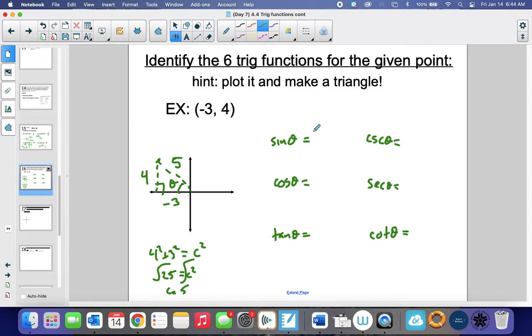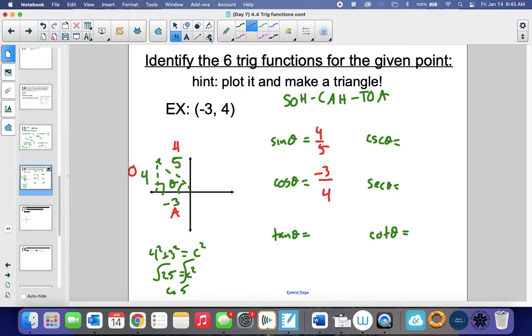So sine is going to be, so we've got to break out SOHCAHTOA. My brain is still a little bit not functioning because I'm sick. All right, sine, opposite over hypotenuse. If it helps you, remember you can label these opposite, hypotenuse, adjacent. So opposite over hypotenuse is 4 over 5. Cosine is adjacent over hypotenuse, negative 3 over